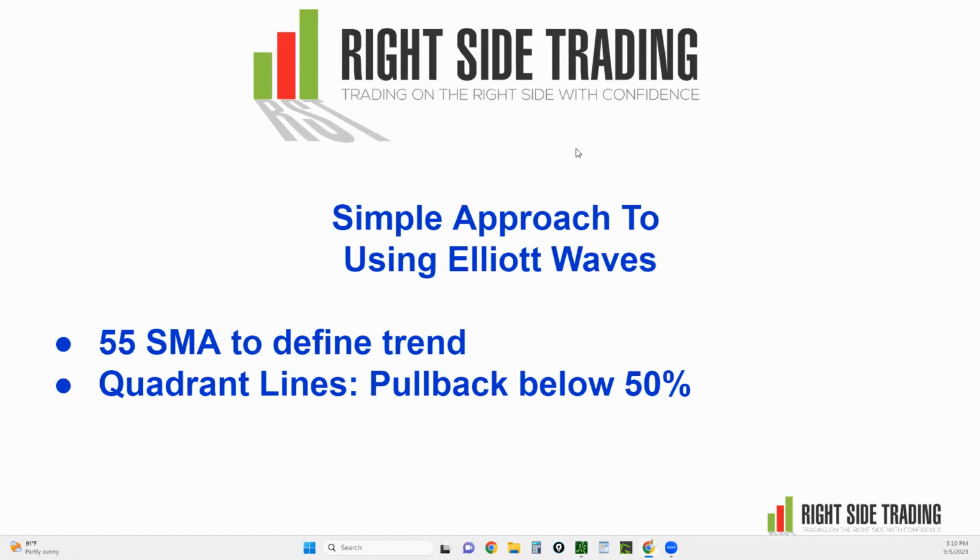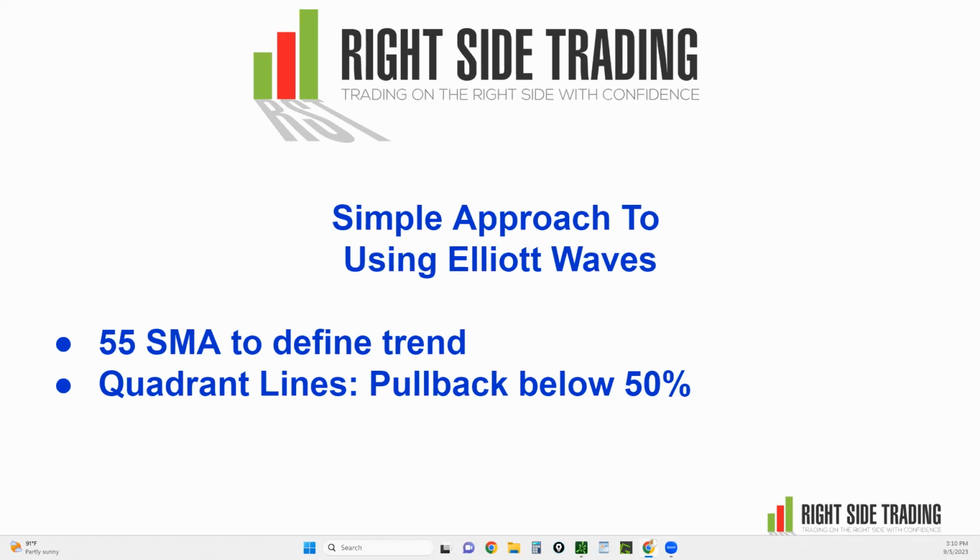But what I'm going to do here is try to use my knowledge of technical analysis to help improve Elliott waves. And also, not necessarily Fibonacci, but has anybody ever heard of what is called a quadrant line? Anybody in the chat, just give me a yes or no if you've ever heard of quadrant lines. Okay, so Adrian has. Very good. So there's a good number of people that have heard about the quadrant lines, right?